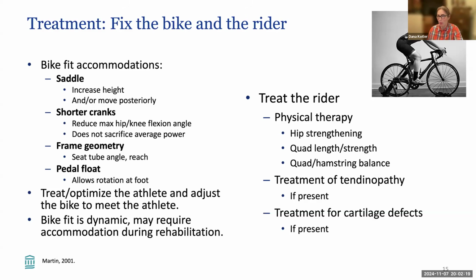We might look at the geometry of the frame if they're on a bike that kind of puts them into not an ideal position. And certainly look at what the pedals are doing. Do they have enough float or motion at the pedal? You also want to treat the rider. So if someone's got patellofemoral, anterior knee pain, want to make sure that their hip strength is optimized, that their quads are not super, super tight, which is just going to exacerbate things. Make sure they have good quad hamstring balance. And then also look at sort of what their feet are doing.